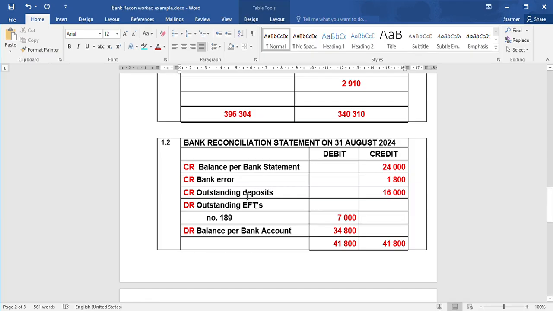Just as a matter of interest here, you need to leave the first line empty, so that you've got space to write in the bank statement balance once they give that to you. So I've already typed the answer in, but if you were doing this yourself, you would leave that first line empty so that you've got space for that balance, and then just start with the next transaction, which was that